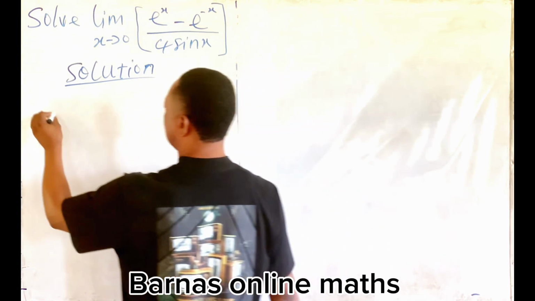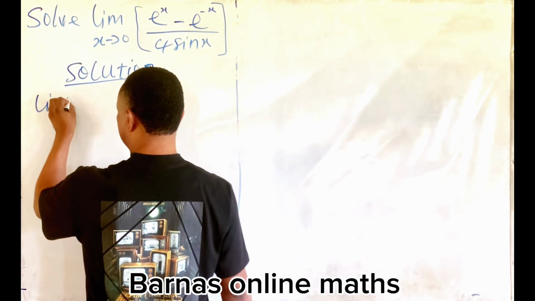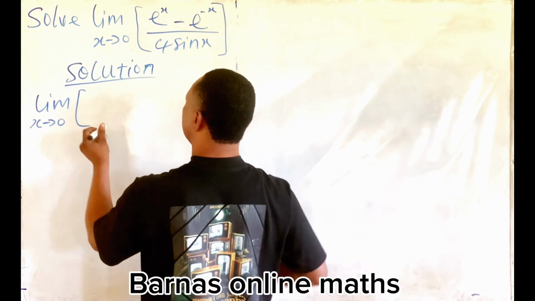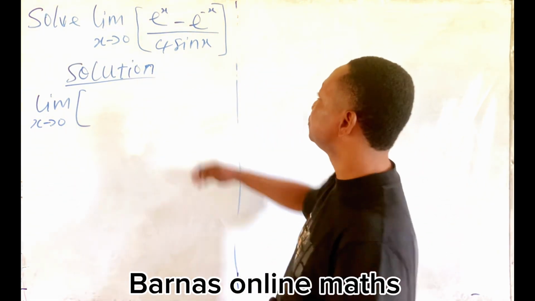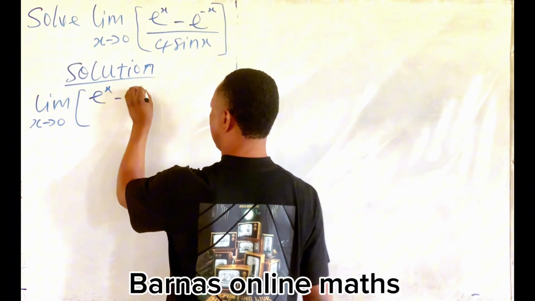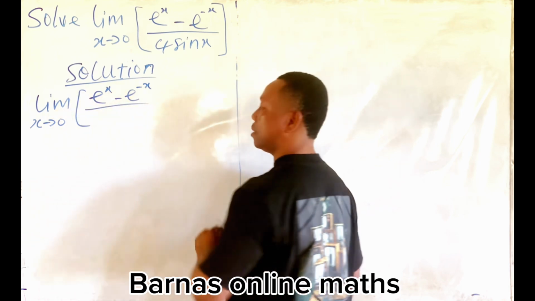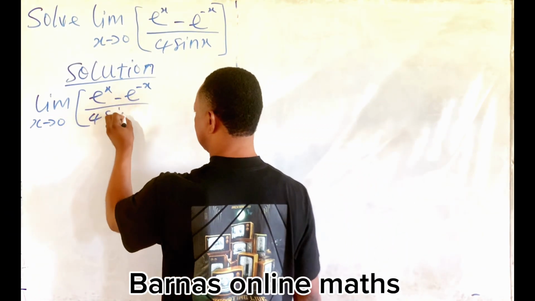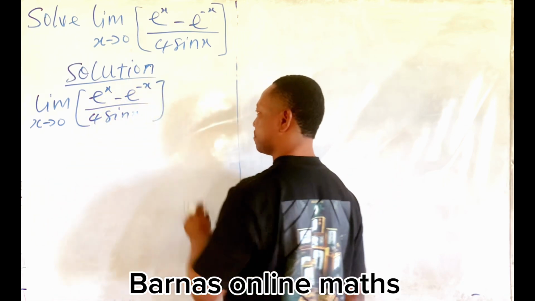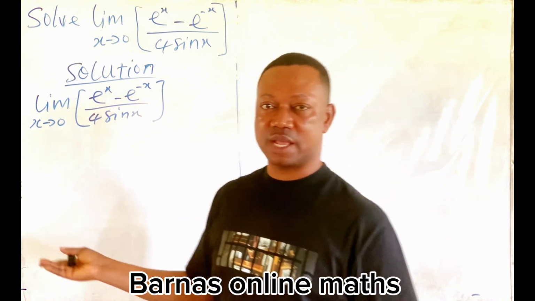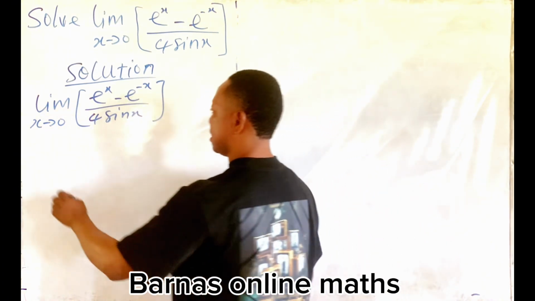Given the limit as x approaches 0 of the function e to power x minus e to power minus x, all upon 4 sine x. Since x approaches 0, you don't waste time, you take the limit. Taking the limit,